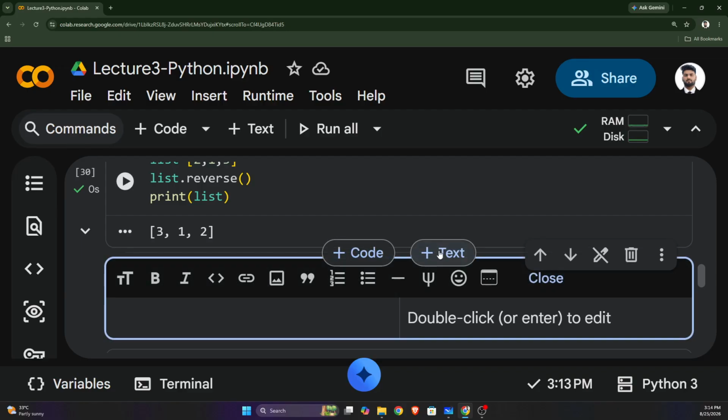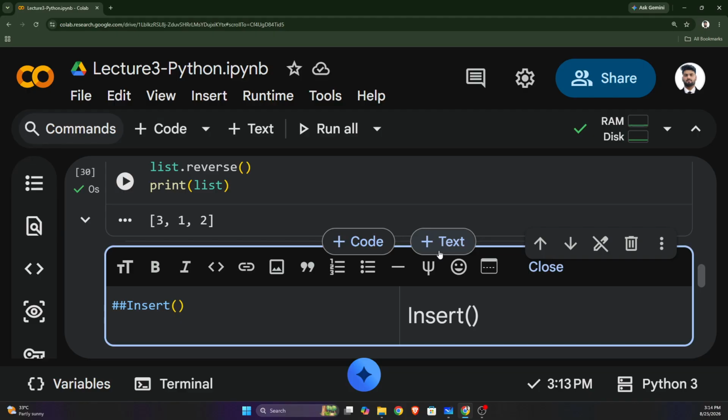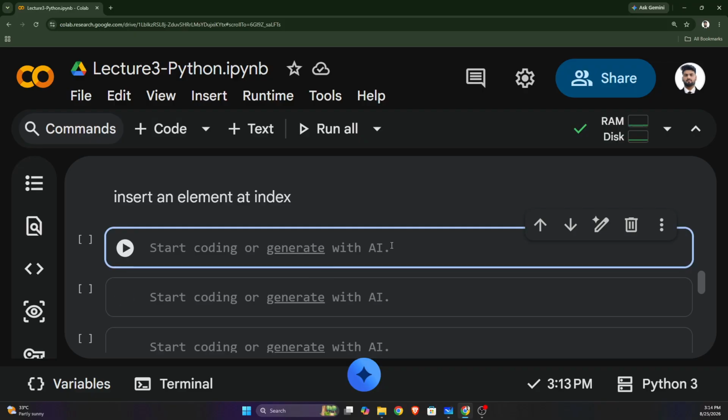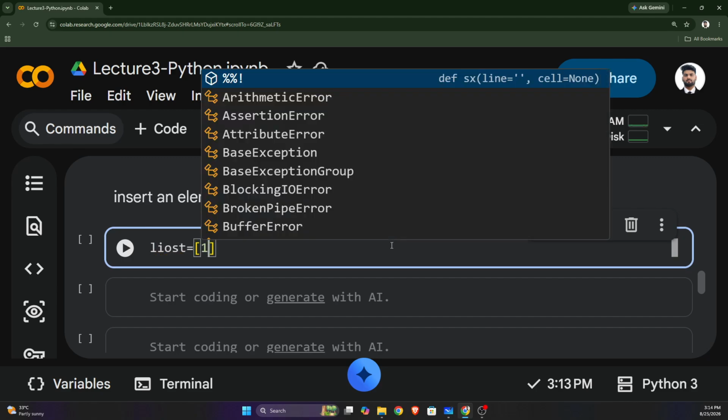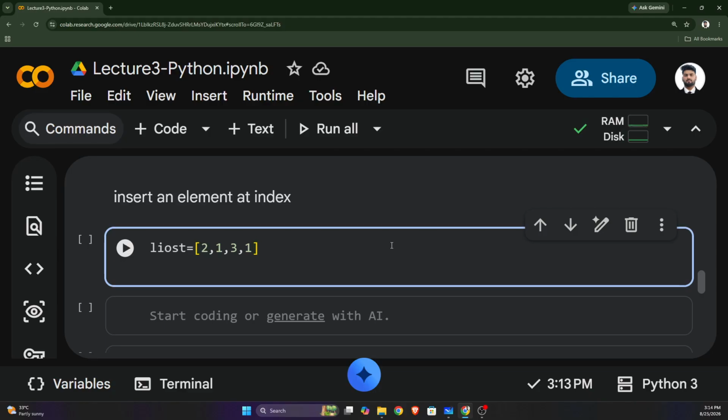Next is insert. What does it do? Inserts an element at an index. Okay, how does it do that? I will tell you. Suppose I have a list 2 1 3 1. I write over here list dot insert